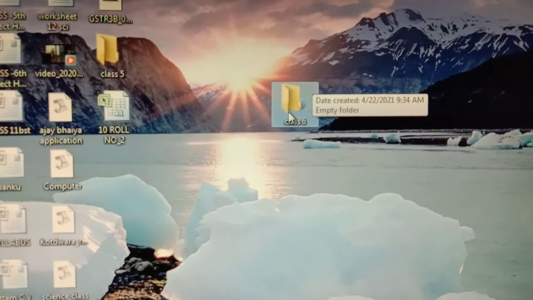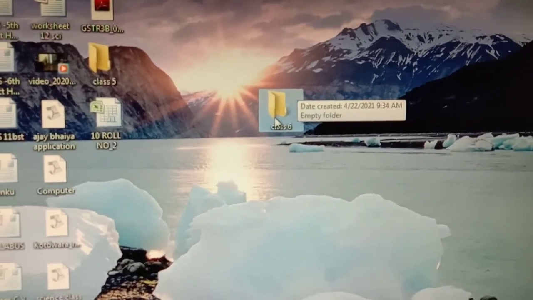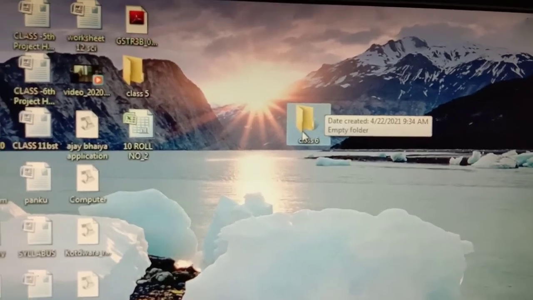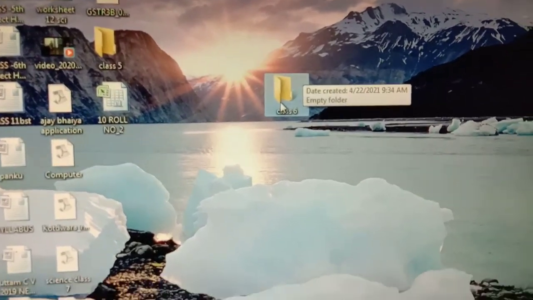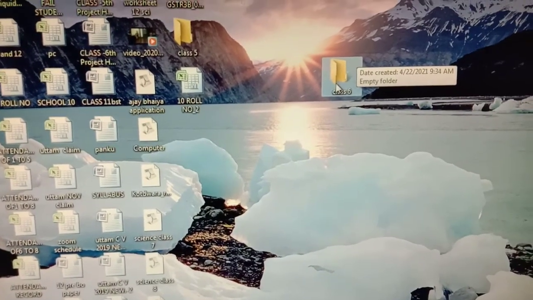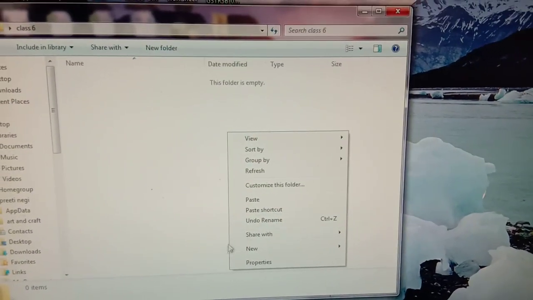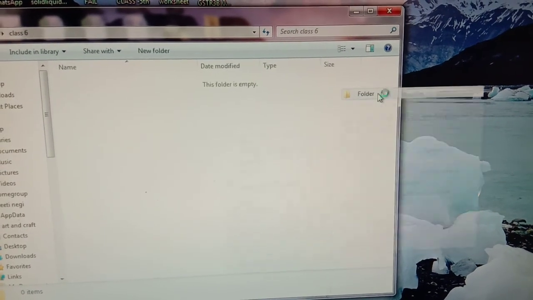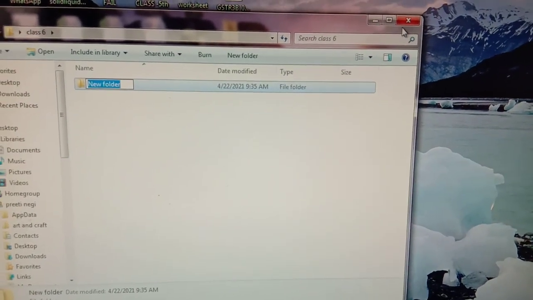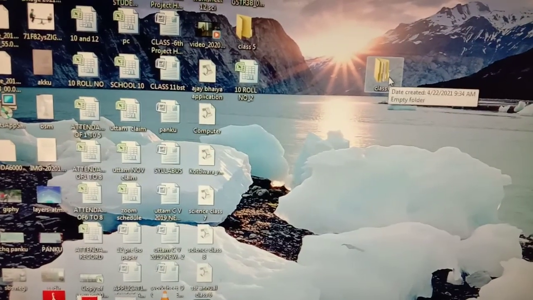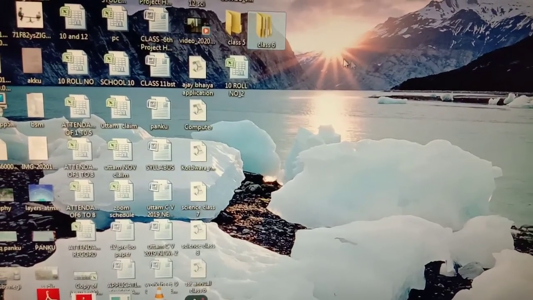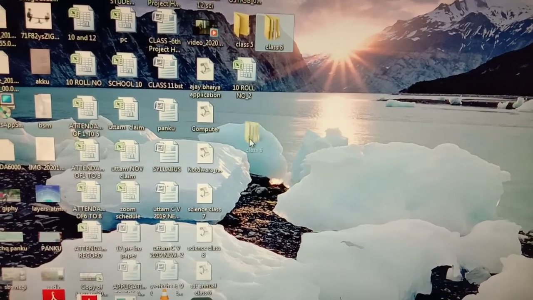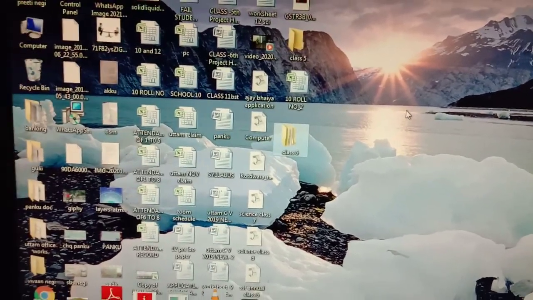So a folder is a way of organizing things with names. Okay, with a particular name you can organize your files in a computer system. So this is what you can do with the help of a folder. Inside the folder also you can make a new folder. You can see, you can make a new folder inside a folder. This is how you can organize your files with the help of folders. You can drag it anywhere, just left click and hold it and drag it anywhere and place it. So this is what, at last, I wanted to show you: how to make a folder.